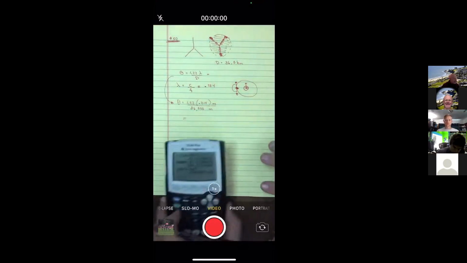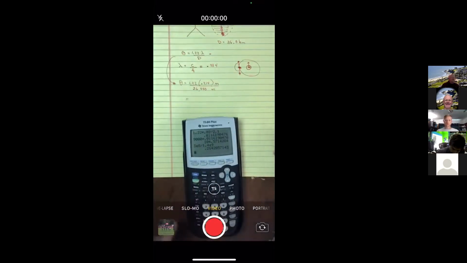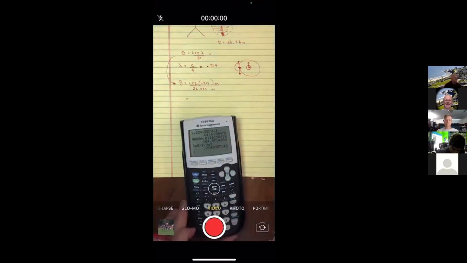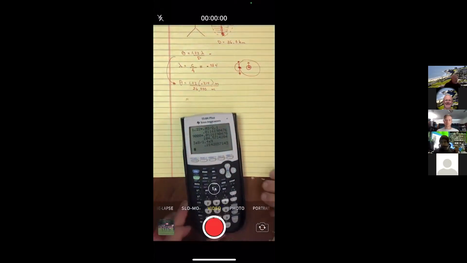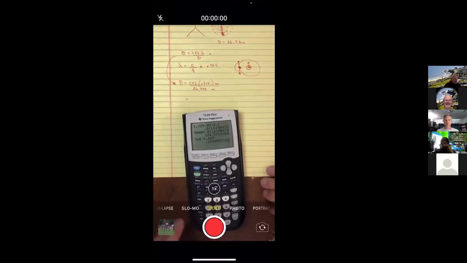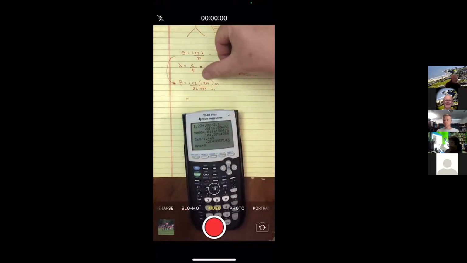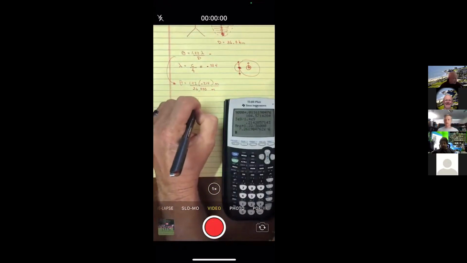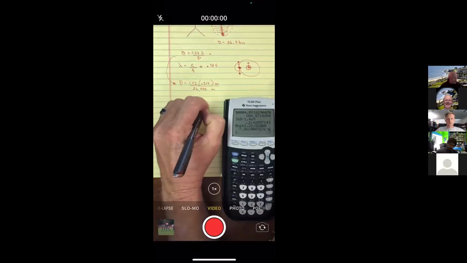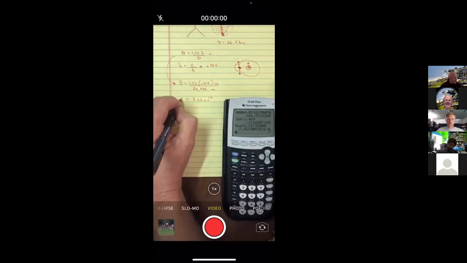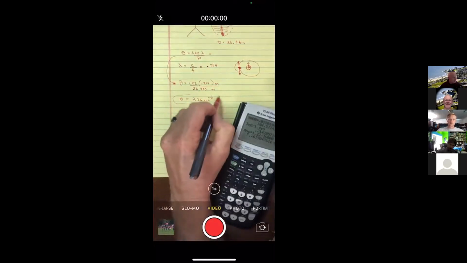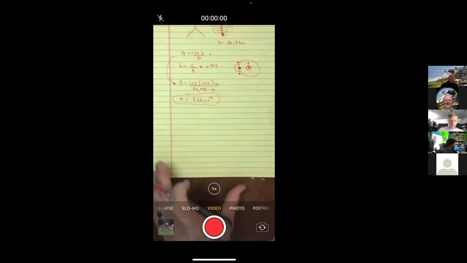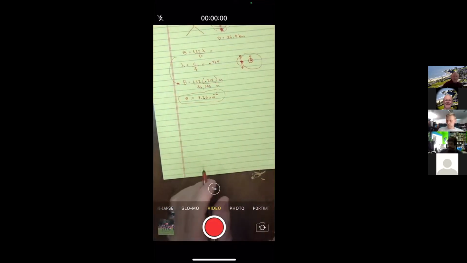And so that means this very large array, VLA, can detect an angular resolution of, so there's the wavelength, times 1.22 divided by 36,000. And so 7.26 times 10 to the negative 6 is the angular resolution,